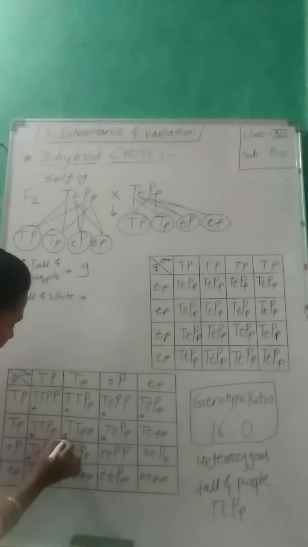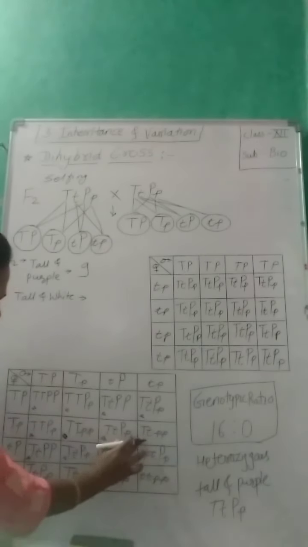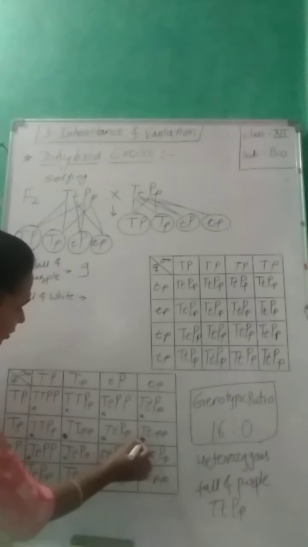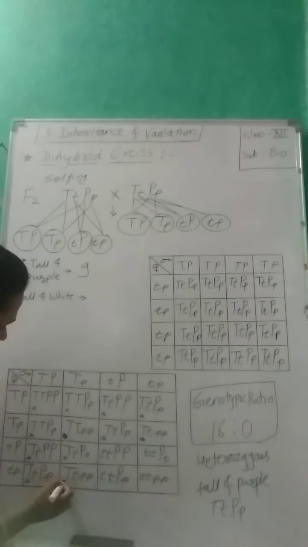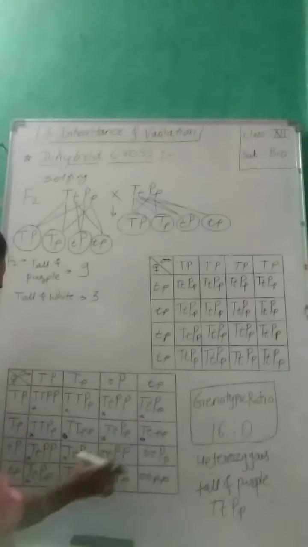So we will write down the triangle. Okay. Or we can do the circle here. Okay. For our purpose. Again here tall and white. Here also we can get tall and white. Another one is there. Here dwarf is there. Tall and white. Here also we will get 3. 1, 2, 3.